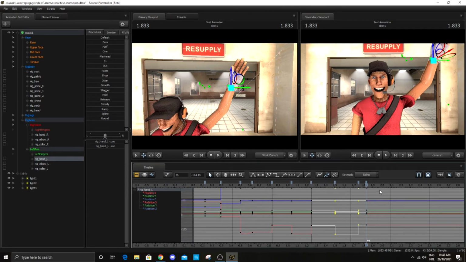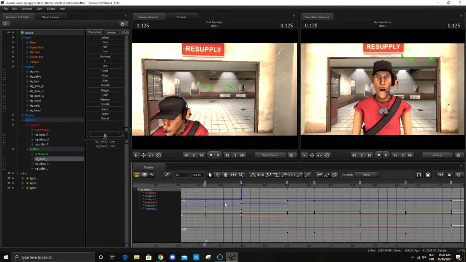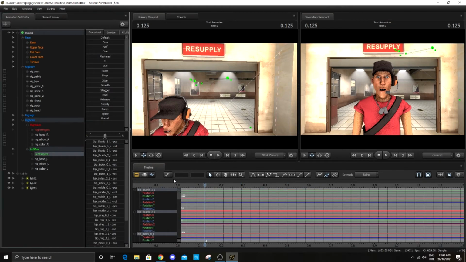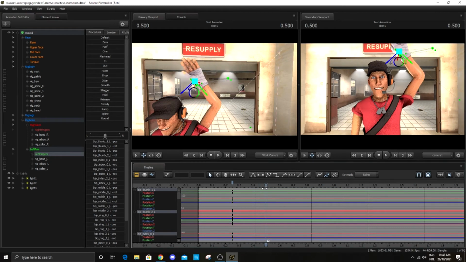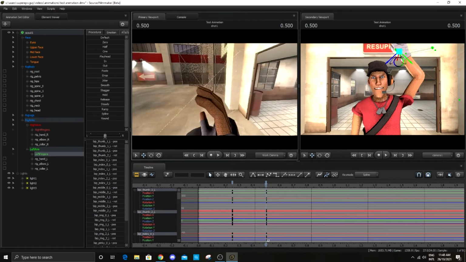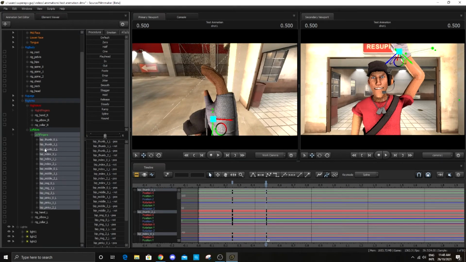Bookmark here. Now I might want to work on the scout's fingers as well, so to do that I'm just gonna click on left fingers, and then go to here, and another bookmark here, and now let's click on this plus button right here, then hold control and click on